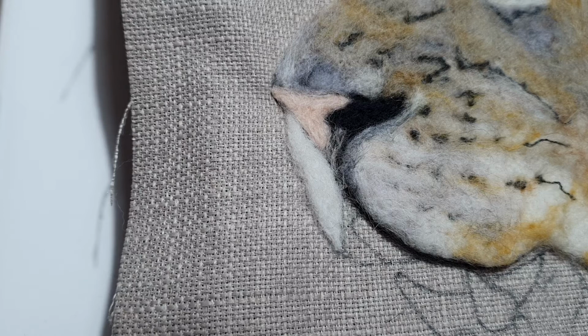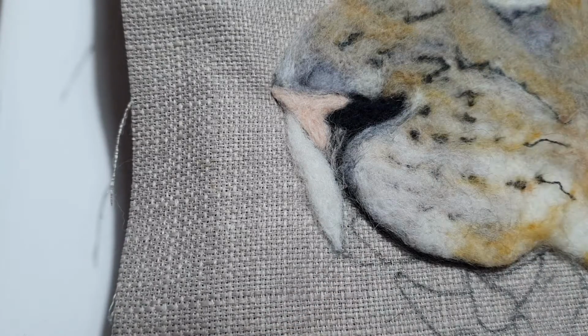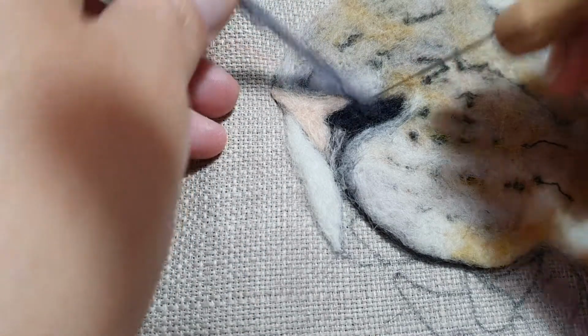Now this is quite a lilac-y grey, which I don't really have. So I've got a really light lilac grey and my charcoal grey, which I've just been using, and I'm just gonna mix the two together, just a little bit more charcoal grey than lilac grey, and again create a cobwebby effect so you don't get too much of one colour and not enough of another, and hopefully that's created the effect. I'm going to take a fine needle and I'm just going to start down here in this